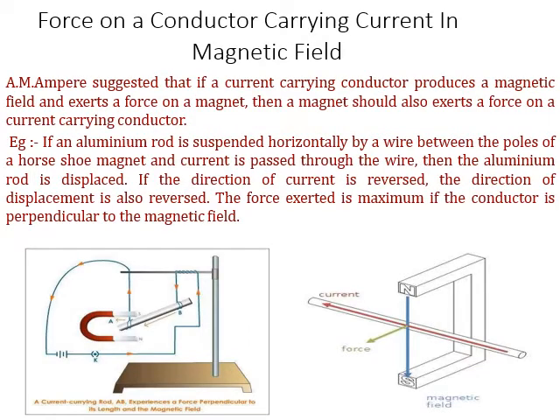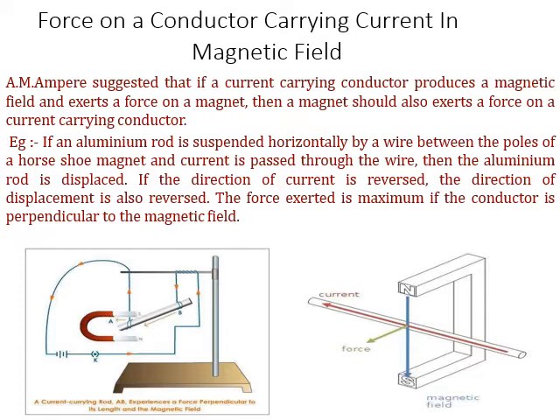Force on a conductor carrying current in a magnetic field. A.M. Ampere suggested that if a current carrying conductor produces a magnetic field and exerts a force on a magnet, then a magnet also should exert a force on a current carrying conductor. Example: if an iron rod is suspended horizontally by a wire between the poles of a horseshoe-shaped magnet and